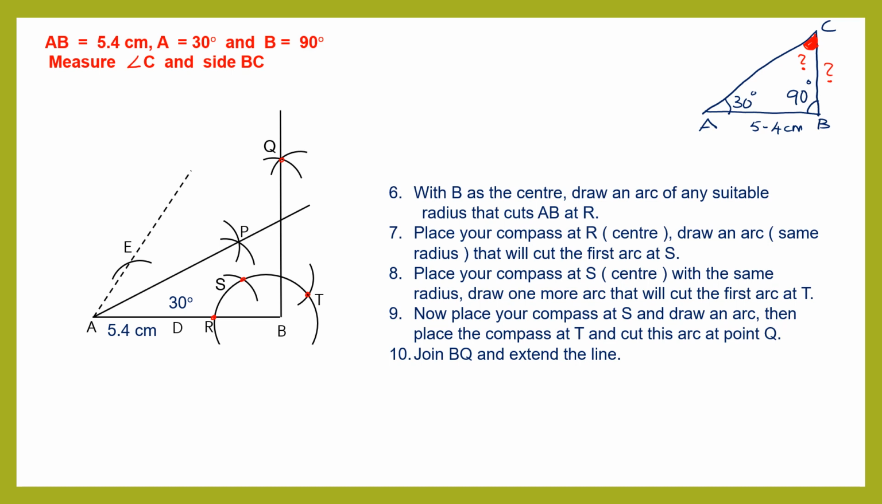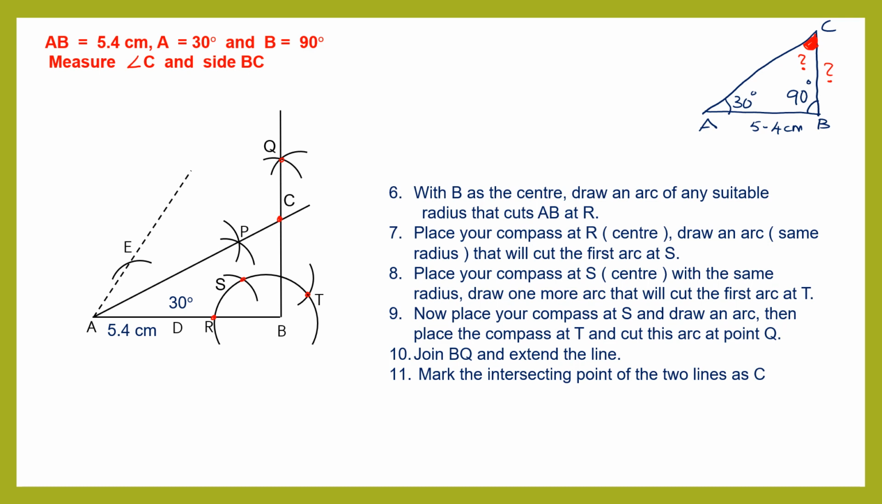We have joined BQ, we've extended the line. So now as you can see, there is a triangle, isn't it? You can see a triangle here like this. We'll continue. Mark the intersecting point of the two lines. Now the two lines, the 60-degree line and the 90-degree line, have met at a point here. This point where the two lines have met is going to be named C